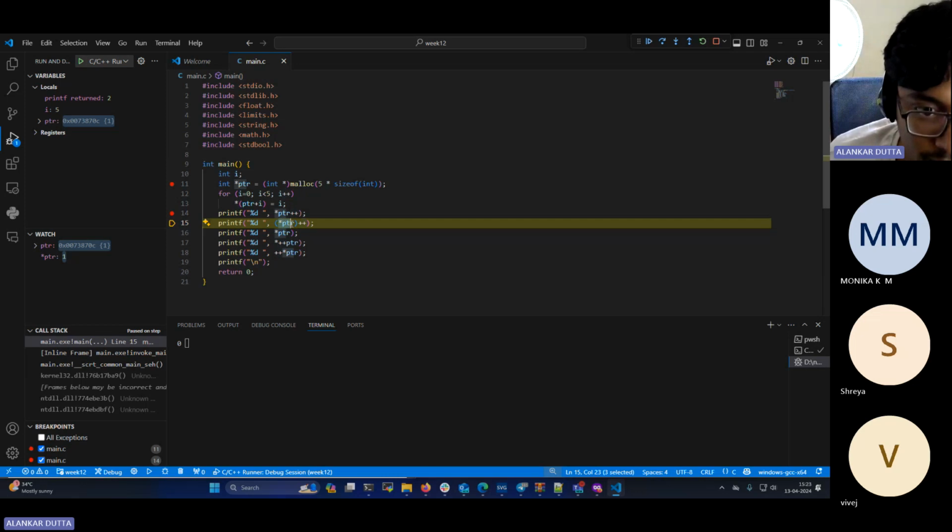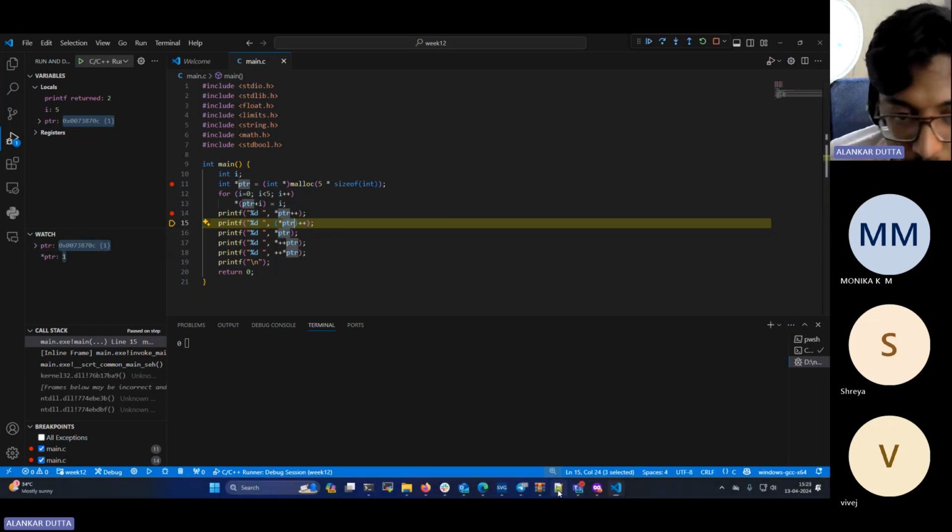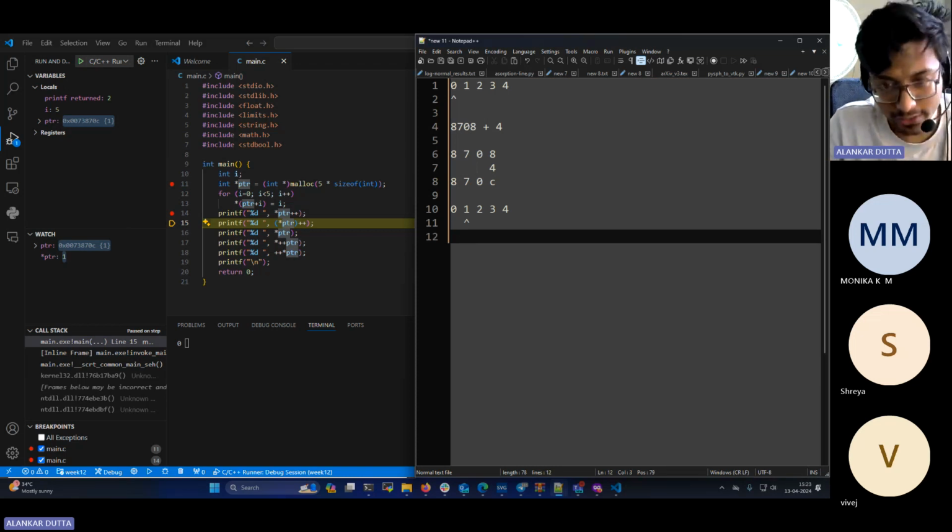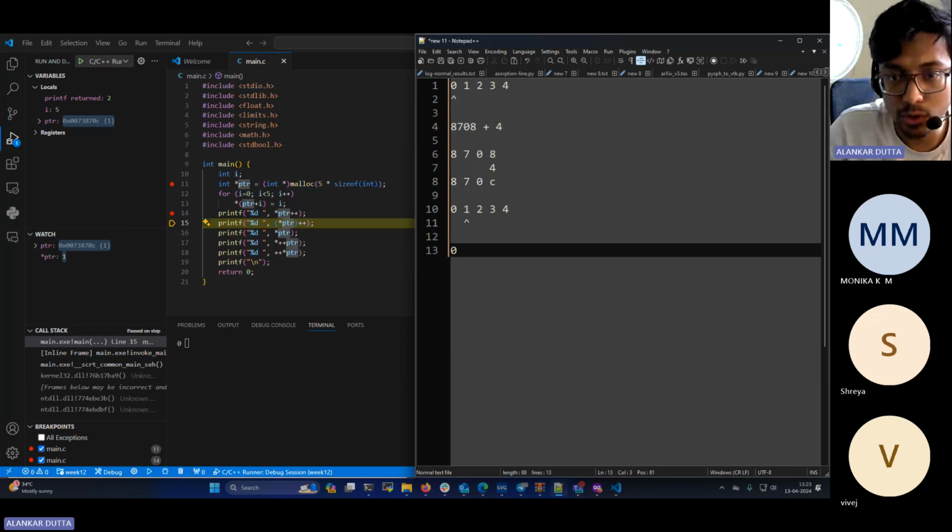So after dereferencing it, we are increasing it by 1, and this plus plus is after, so it's postfix. Because it is postfix, first the dereferenced value is used by printf, and then it is increased by 1, right? So the dereferenced value, as you can see, will be 1. What will get printed is 1, and the value at that same location is going to change from 1 to 2. Okay, so now your array next will be